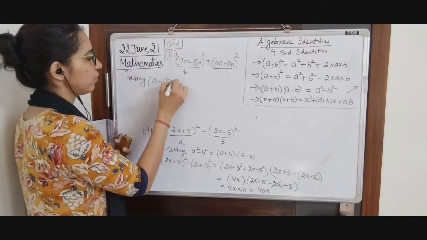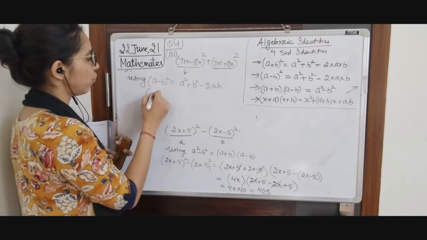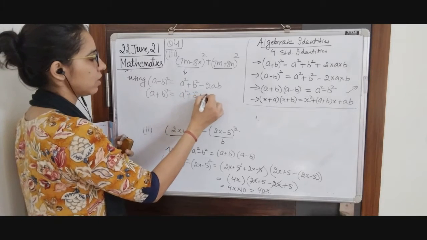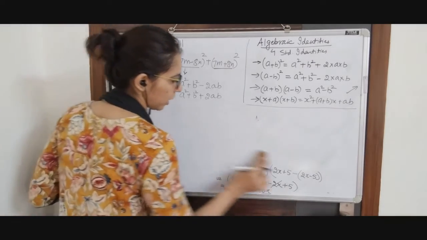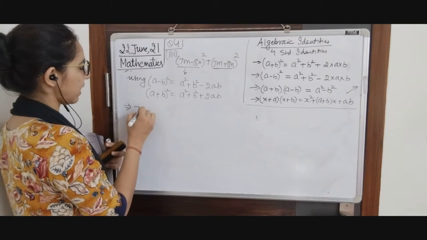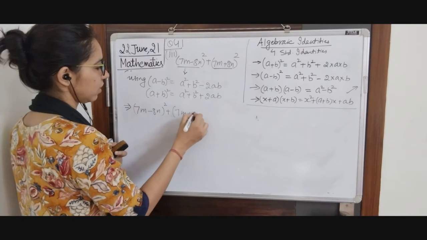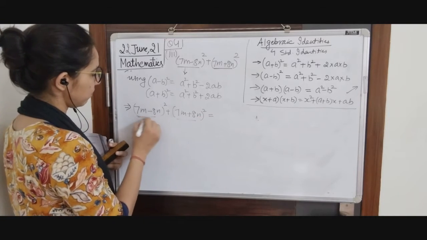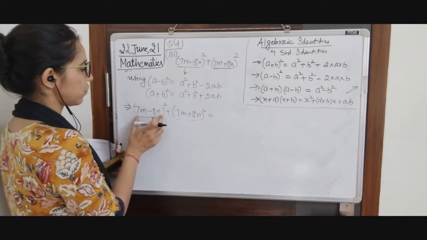(a minus b) square is equal to first term square plus second term square minus 2 into the product of both terms. Then (a plus b) square is first term square plus second term square plus 2 into the product of both terms. Now it implies that our given expression, the simplification is going to get a bit bigger, but not complex.